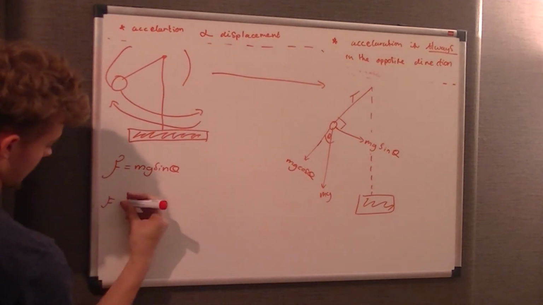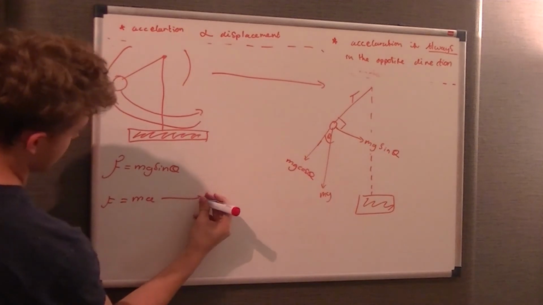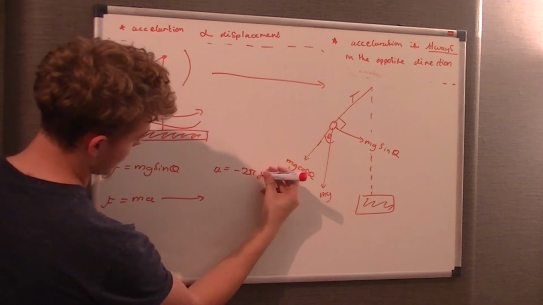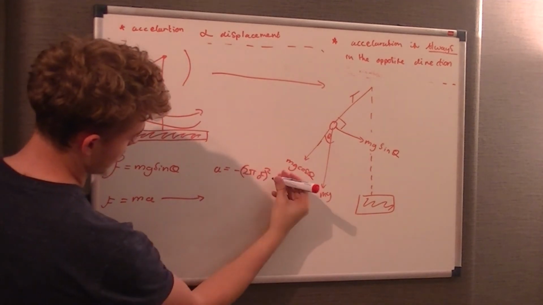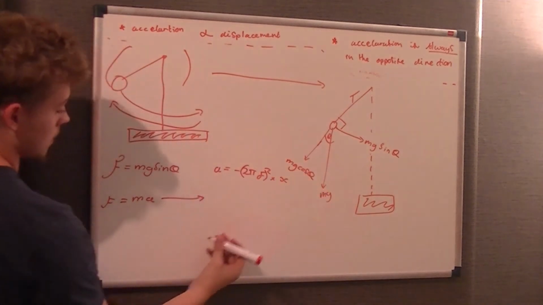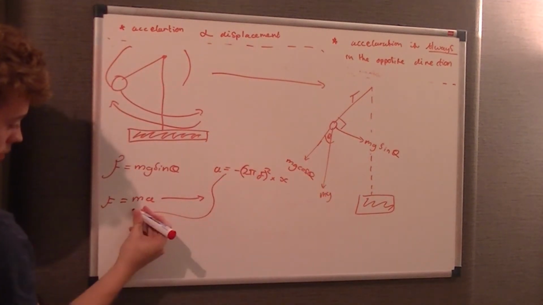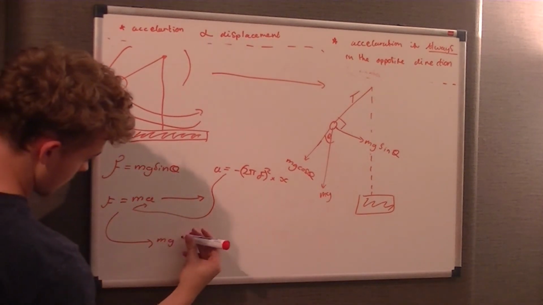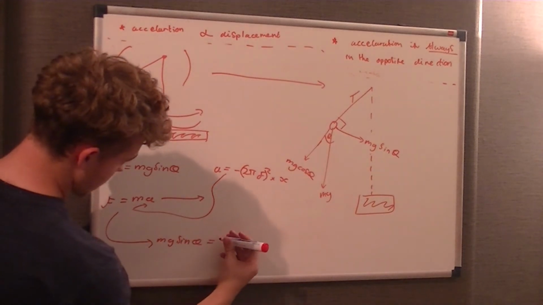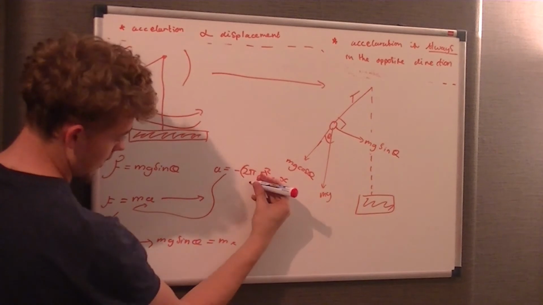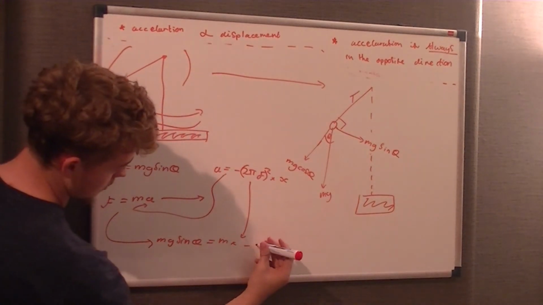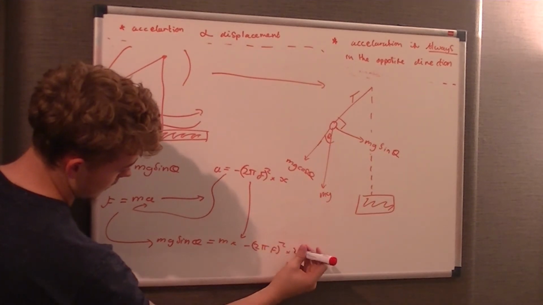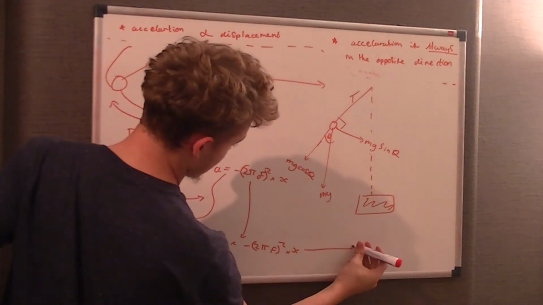And as F equals ma, and we said a was equal to minus 2 pi frequency squared times x. We substitute x into this equation here, so mg sin theta is equal to m times, now we're not going to put a, we'll substitute that value into there, so it's times minus 2 pi frequency squared times x being a displacement. Rearrange this,